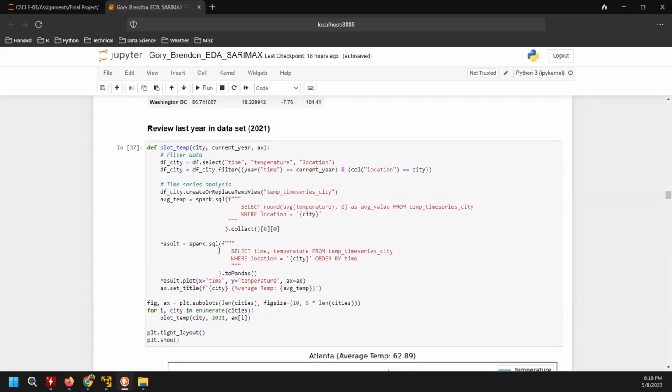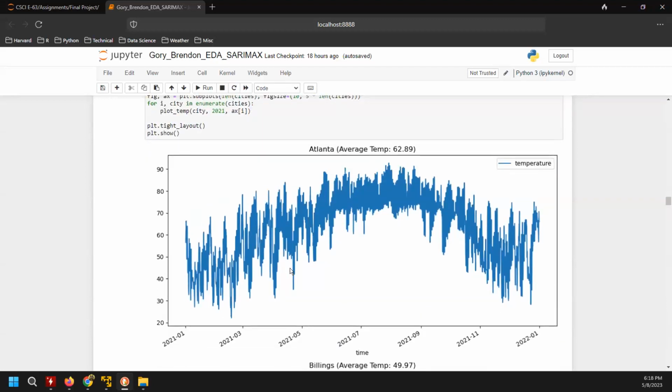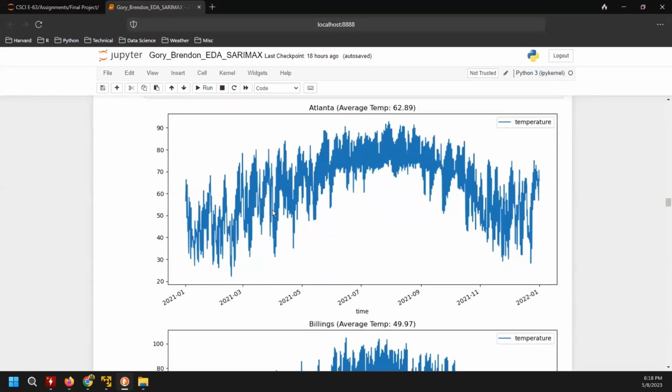So we're just going to use the Spark data frame and run some simple queries on it. And we're going to plot the timeline. By plotting the time series just for 1 year, we chose the last year, we'll see that these plots resemble the standard deviation.